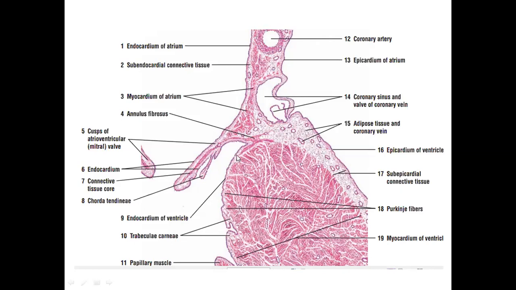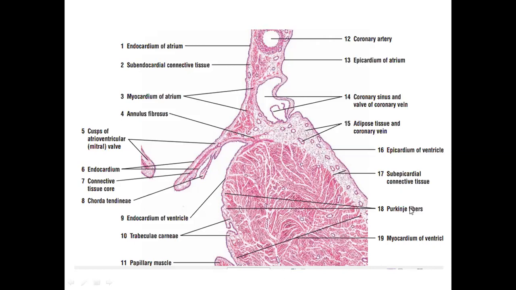But looking at this micrograph now, it is very much clear that there is a simple squamous epithelial covering here as endothelium. Then you have subendothelial connective tissue, and here is some particular area where we magnify. If we magnify, we can find Purkinje fibers, the modified conducting portion of the heart, and then the thick part, which is very much eosinophilic, made up of a lot of cross-sectional and longitudinal profiles of cardiac muscle cells, is the thick part indicated as myocardium of ventricle.